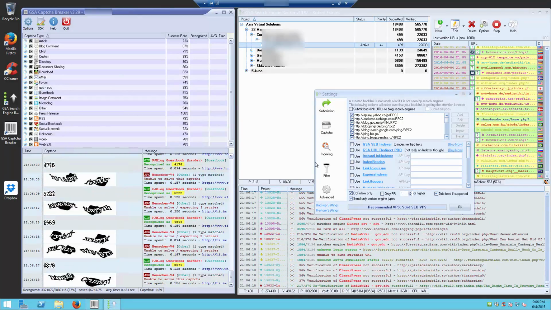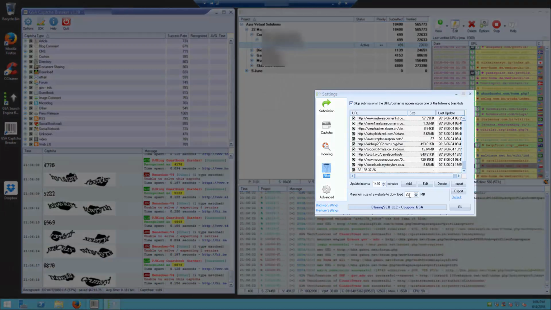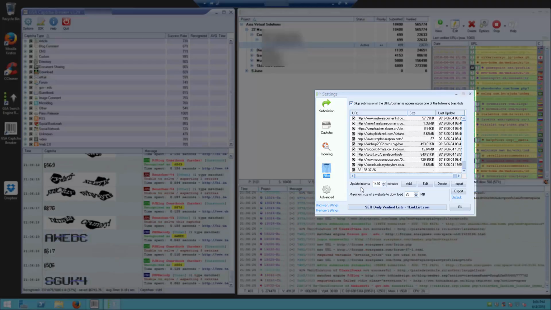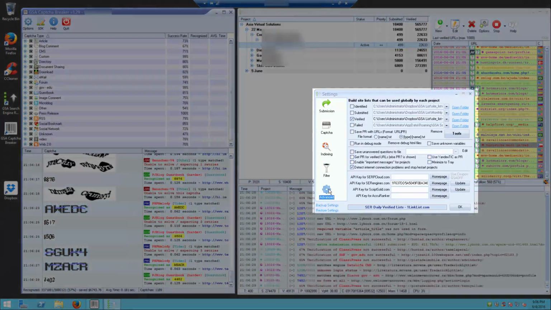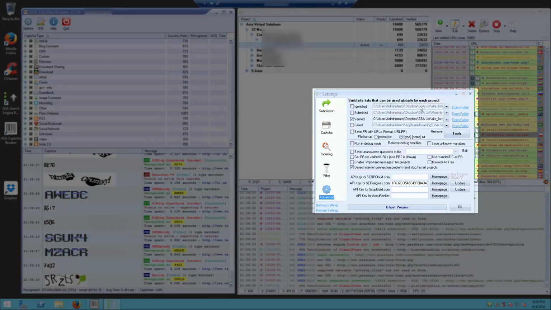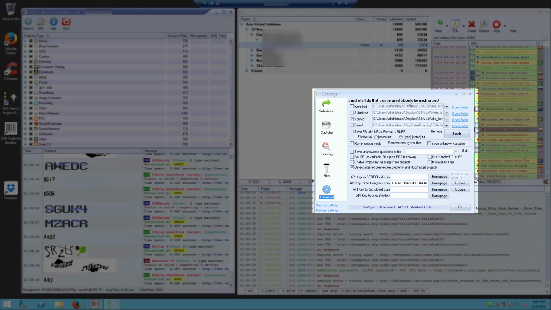Okay. And then for the filters, check that mark. I set it to 25. Leave the default there because we don't want to submit to crappy sites. Advanced. Okay, as I showed you here before, I used the Dropbox, and this is exactly the same Dropbox that